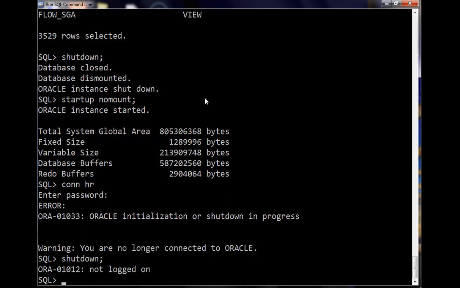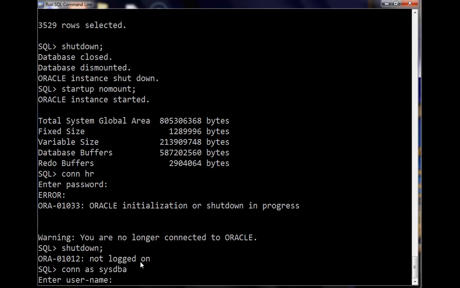Here, the error occurred. Why? Because we are not connected with the database as sysdba. We are trying to switch from sysdba to HR. That's why this error occurs, because we are executing the shutdown command. For that, connect to the database as